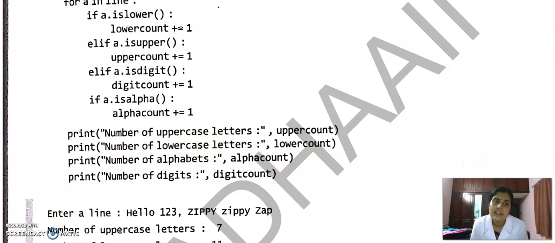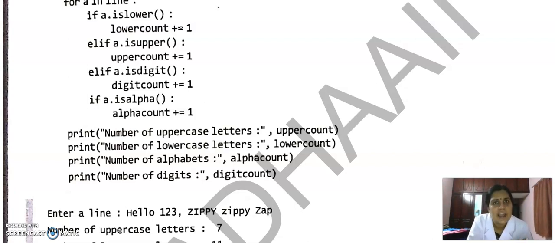Because if it is lower, no need to check if it is upper, because we know that the character is in lower format. So first we check the first character as lower. If it is lower, we will increment the lower count. Otherwise, we will check if it is upper. If it is an uppercase letter, we will increment the upper count.